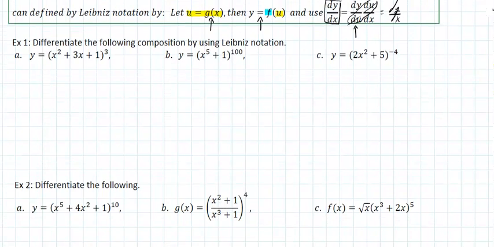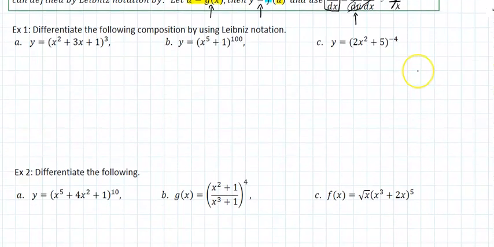So here are three functions that I want to take a derivative of. And I notice I know how to take a derivative of x squared plus 3x plus 1. I know how to take a derivative of a quantity to the third power, but I don't know how to take a derivative of those two embedded within each other. So I'll go on the side and I'll say,